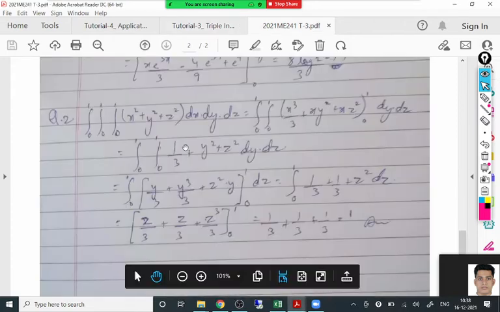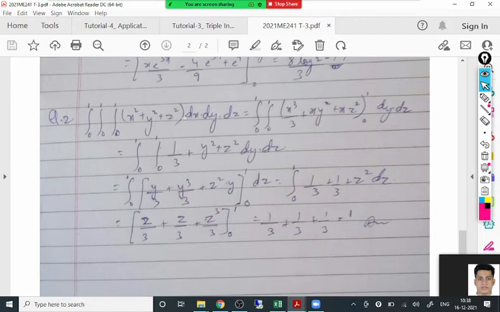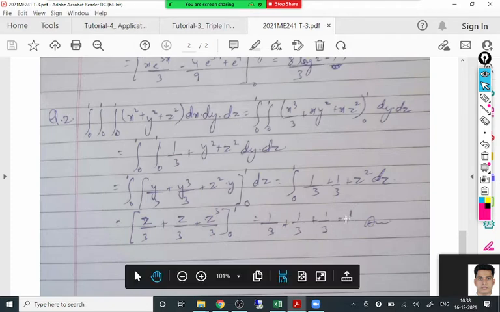So it is one of the simple questions. You will replace the limits of x, y, z with 0 to 1. All limits are constant, so order doesn't matter. You can integrate with x first or y first or z first. The answer will come the same. And your answer is coming 1 here. Any doubt in question 2? Anyone?